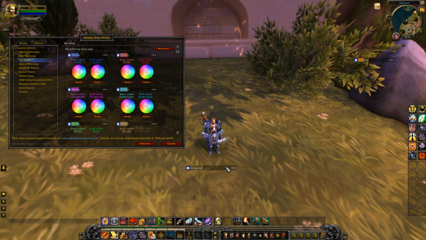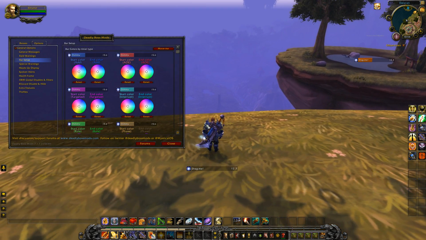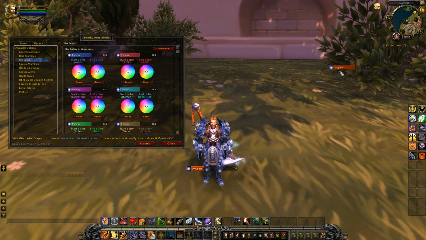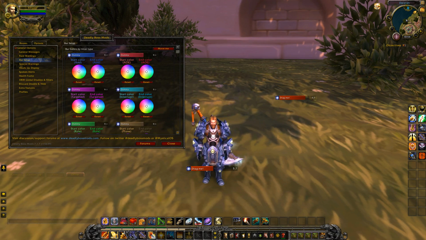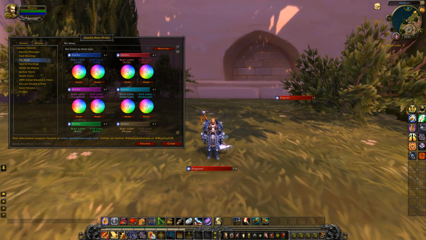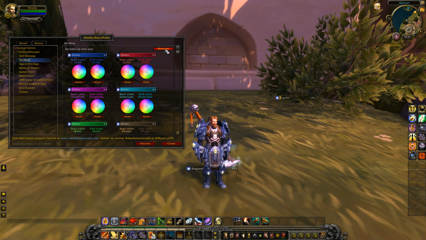Now I usually move this one just down below my character, so that when my camera's backed out in raid combat, I can view it without it covering up anything. And this one here is a raid leader. I like to have it real close by, so just off to the right here. And that's how you move those bars around.